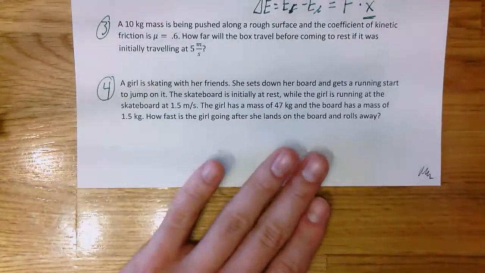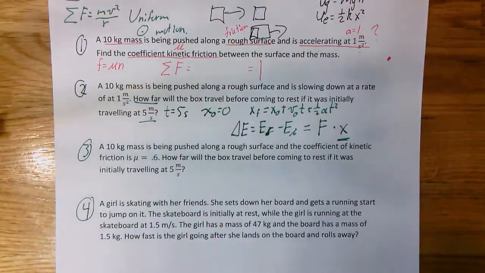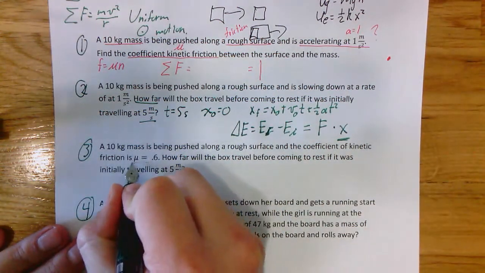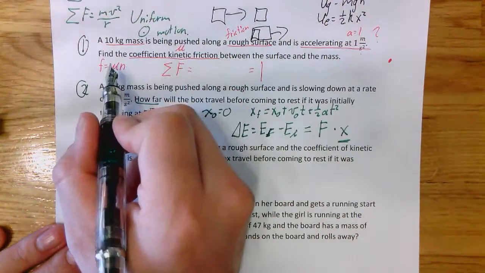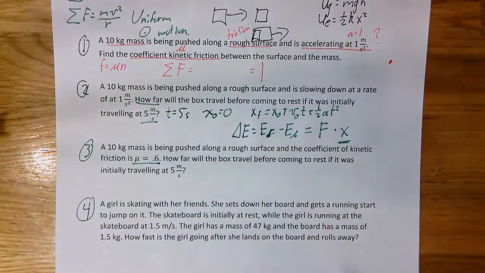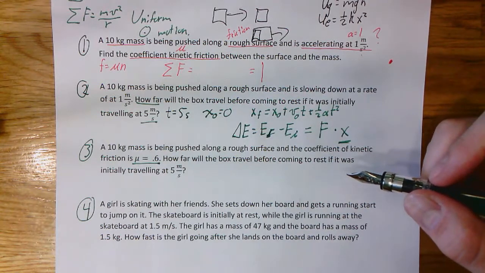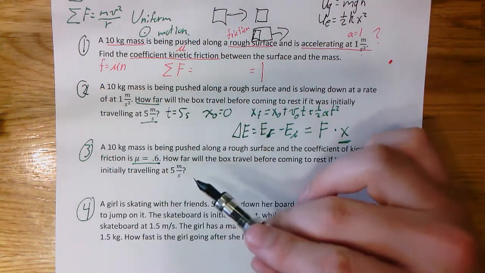Okay. Number 3, it says a 10 kilogram mass still is being pushed across a rough surface, and the coefficient of kinetic friction is now 0.6. That's not the answer to number 1. I made this number up. Don't use 0.6. How far will the box travel before it comes to rest if it's initially traveling at 5